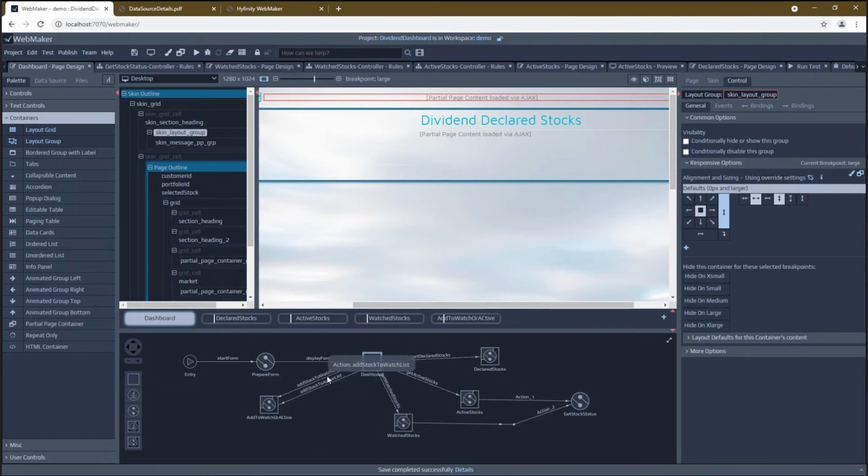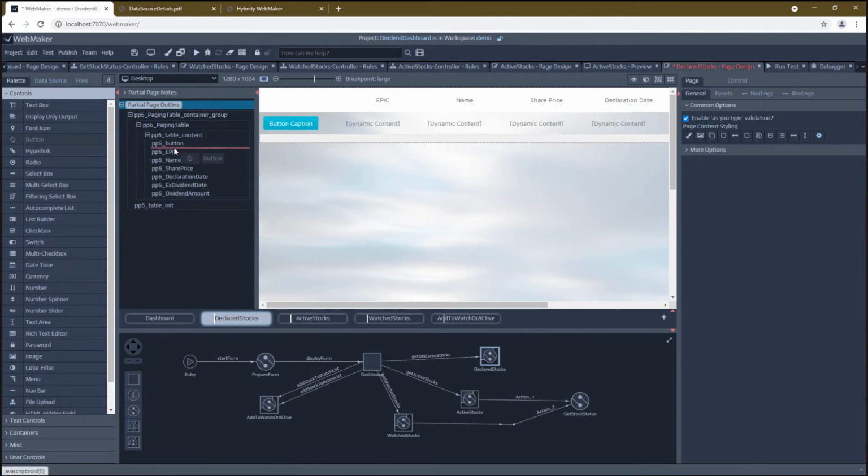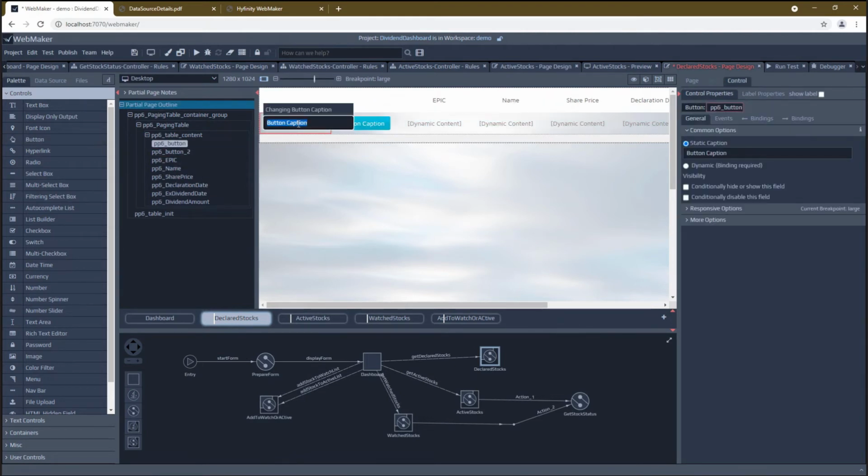So what we're talking about here is adding a stock to one of our lists. So we're going to add buttons to our right-hand side table to trigger each of these processes. So if we look at our declared stocks page, we've got a table here, and we can add buttons to the front. So if we say add to watch,